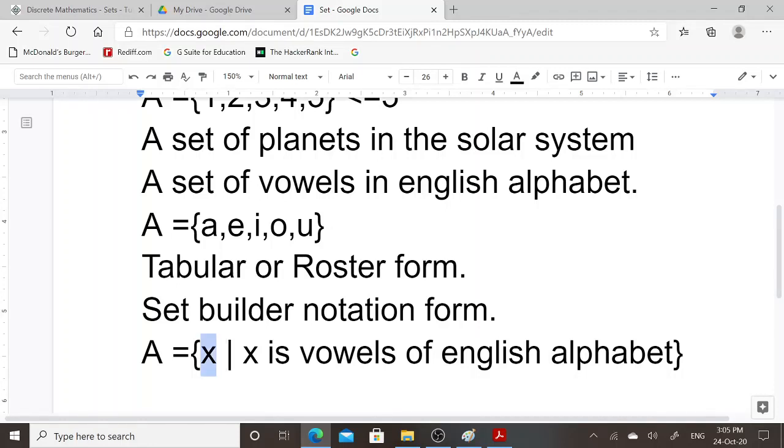So here x means any random element present in the set. This vertical line is read as "such that". x is a vowel of the English alphabet, that is A, E, I, O, U.